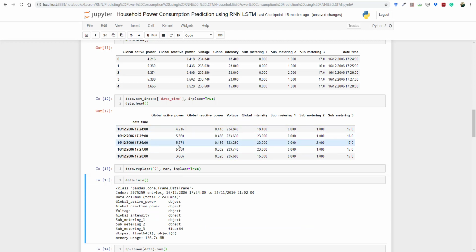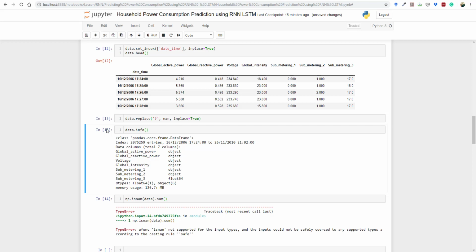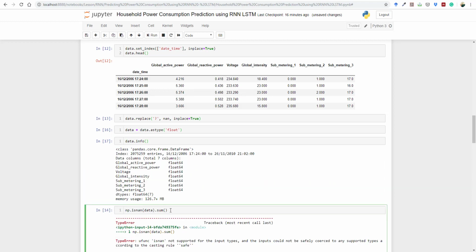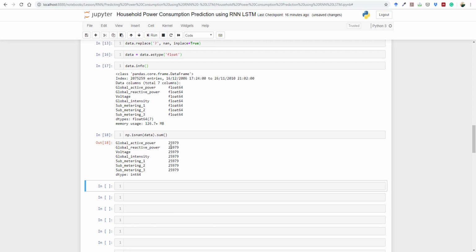We need to convert these values into a float first. So data is equal to data.astype, and this astype converts this into a float. Once this is converted into float, you will see these values have been converted. Now we can check this. Yeah, so there are